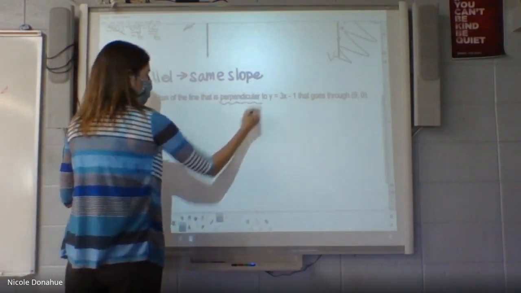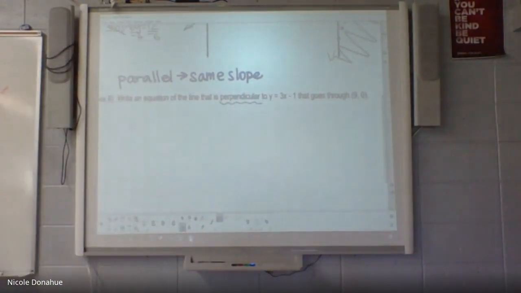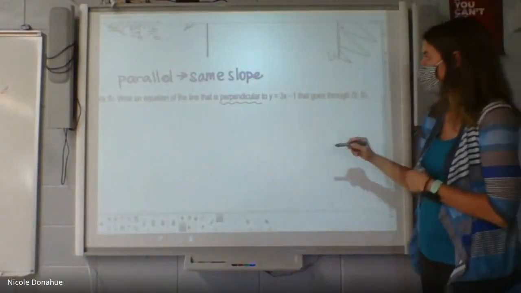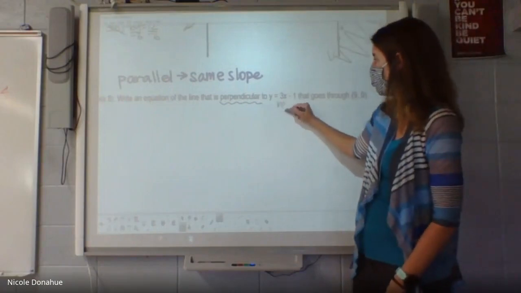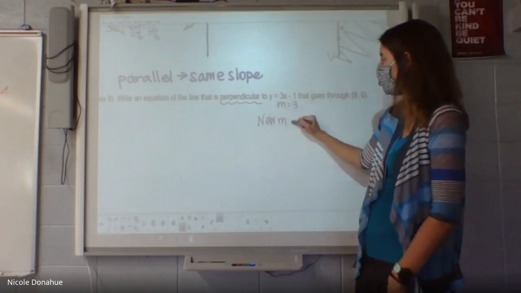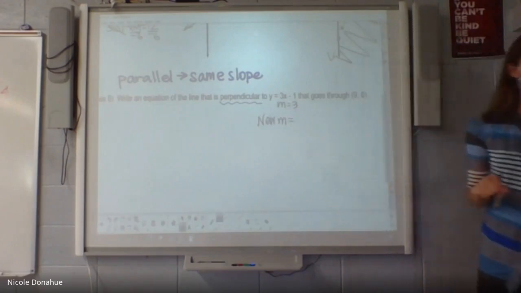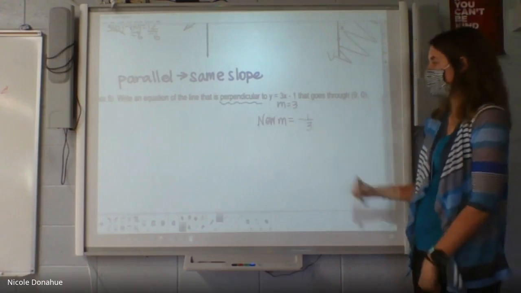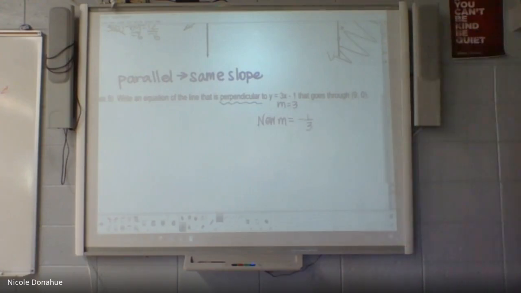Whereas perpendicular, what do I do with their slope? Perpendicular lines. You do the reciprocal and you change the sign as well. So this one's m is 3. Our new m is going to be what? -1/3. Very good. That's going to be the slope we're going to use for our line that's going to be perpendicular to that